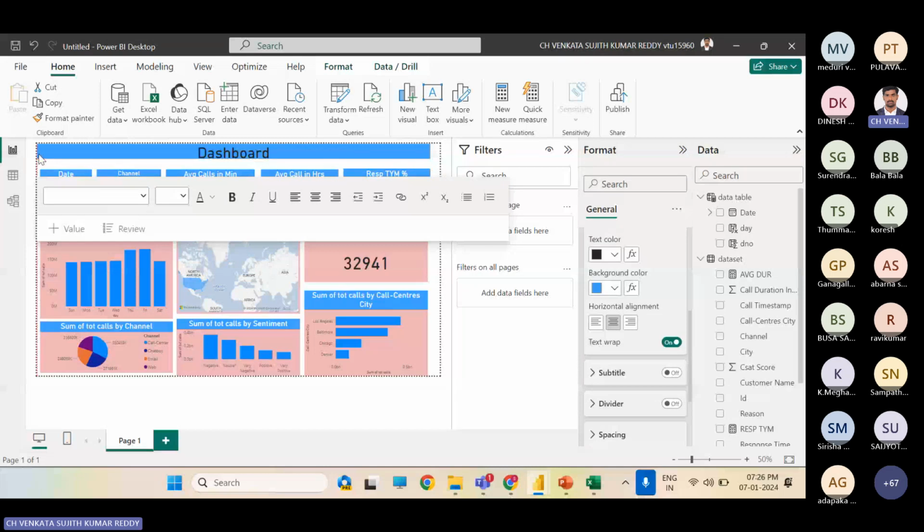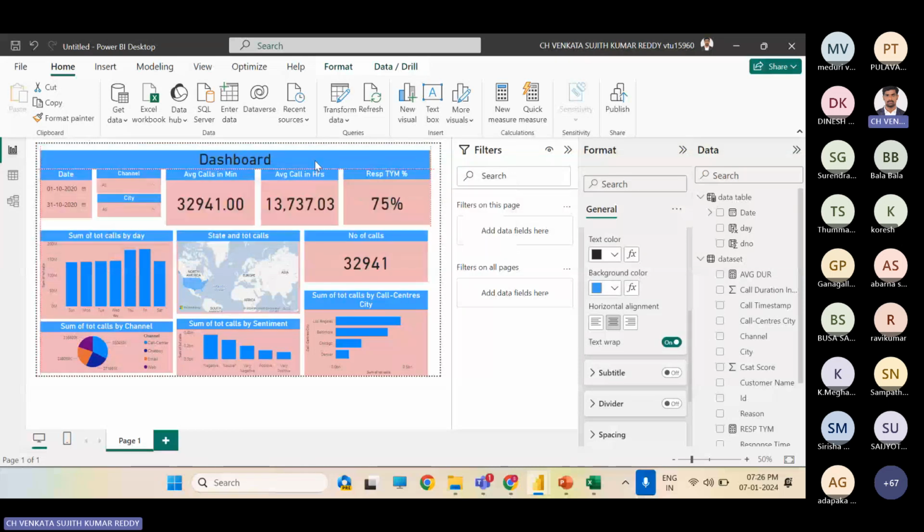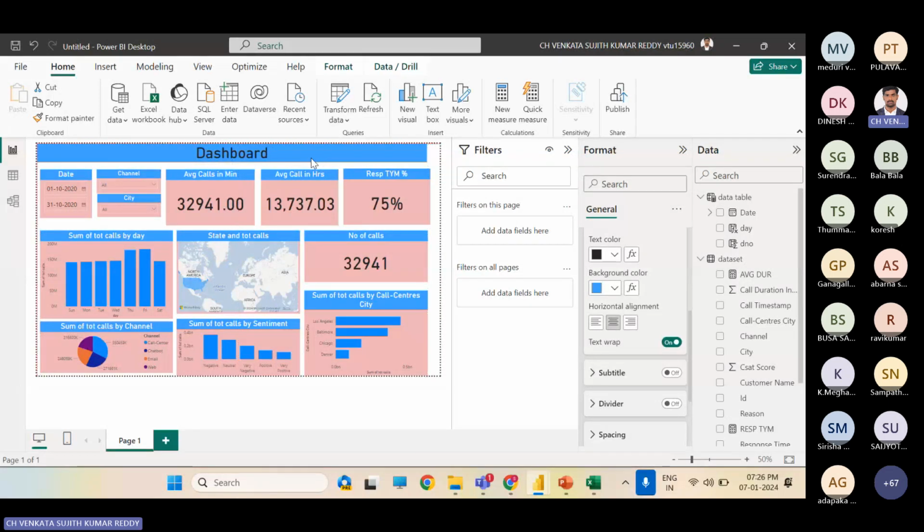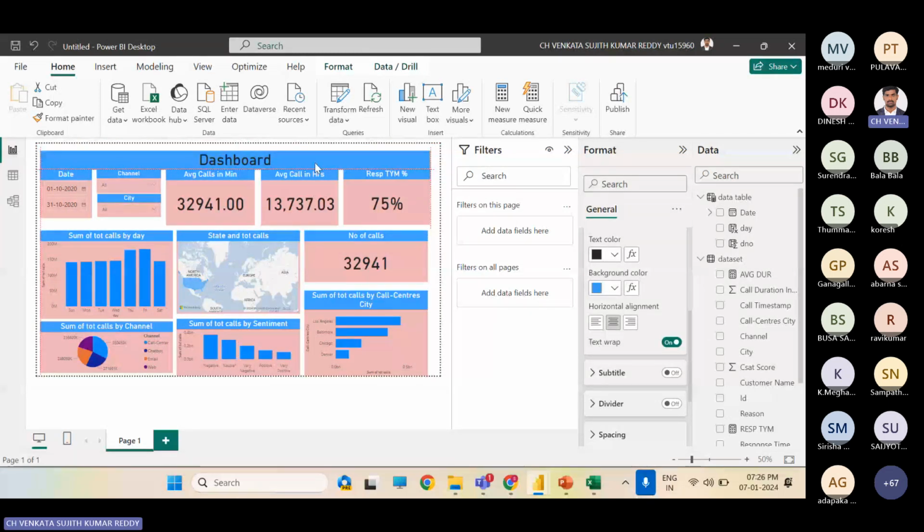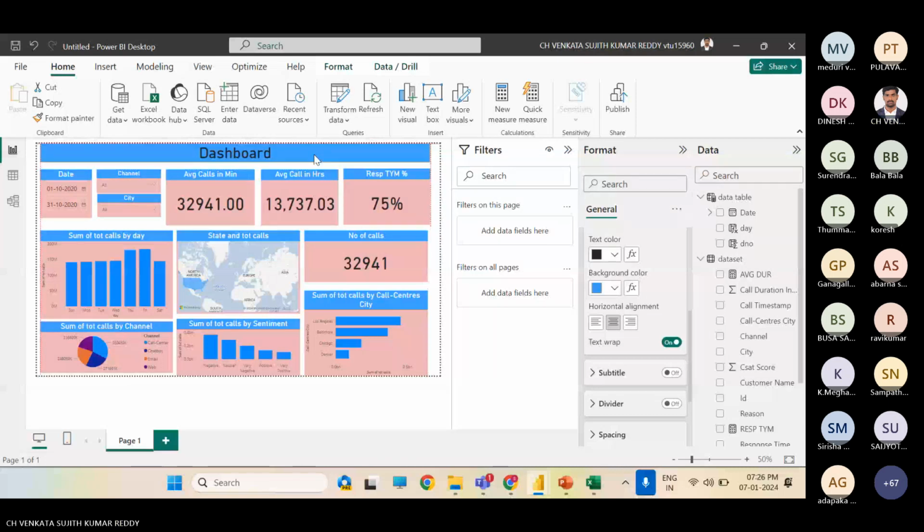Now the question is, what is the use of this dashboard? The same thing we can do with Excel or with some other tools. Why Power BI? This is the question.